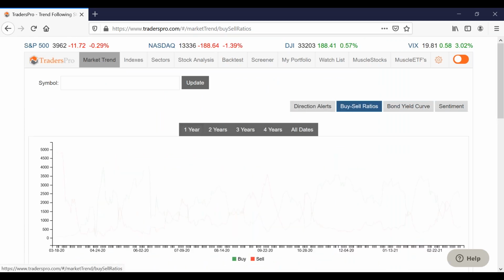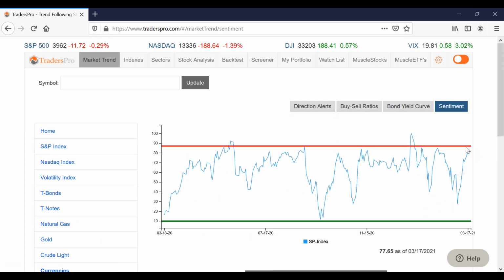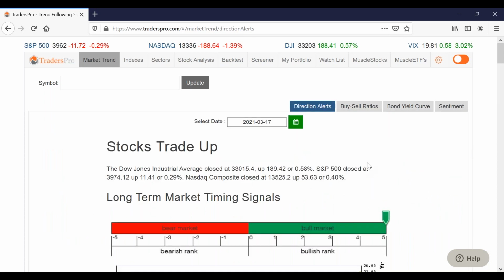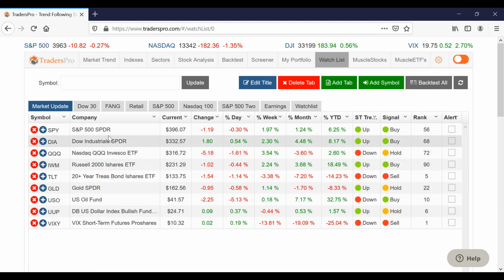The buy-sell ratios are dipping a little bit closer together here, and sentiment is getting real close to that extreme. But nothing indicating that we're in an overbought condition for sure. Nothing signaling that. If we look at the individual charts here real quick, we won't go through the whole list. We do that in the market update classes on Tuesday, but at least look at the